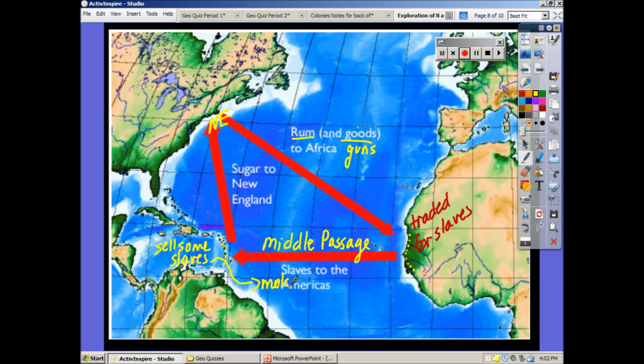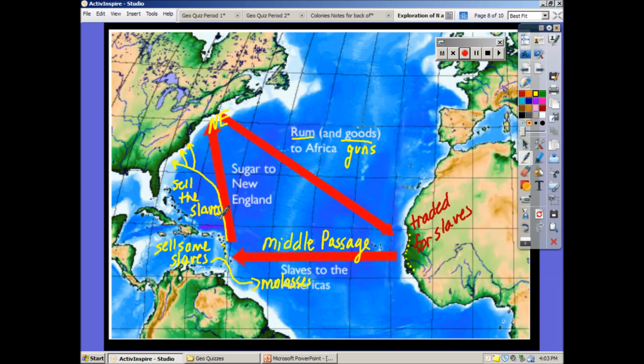And so they're going to take that molasses now, and they're going to make sure that they have a ship that is, again, full with people and molasses, and they're going to head now back to New England. But along the way, they're going to make themselves a little detour here, and they're going to stop at multiple ports in the southern part of North America and those southern colonies, and they're going to sell the rest of the slaves. They're going to get rid of all of them at auction.